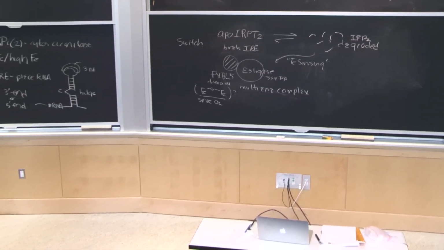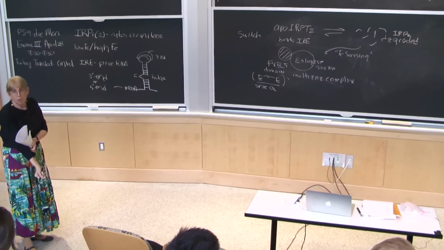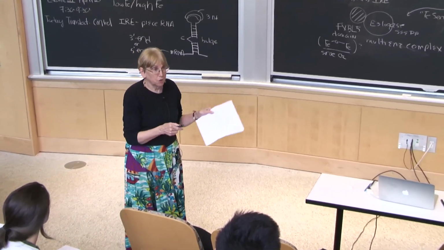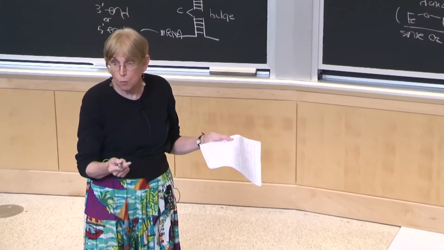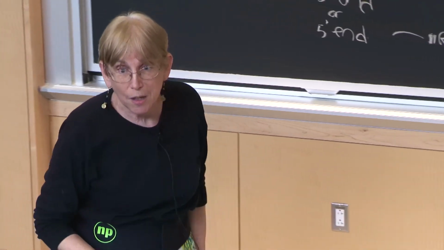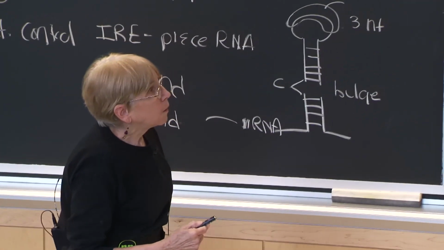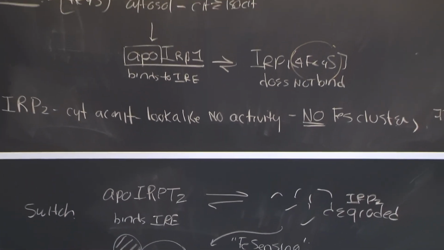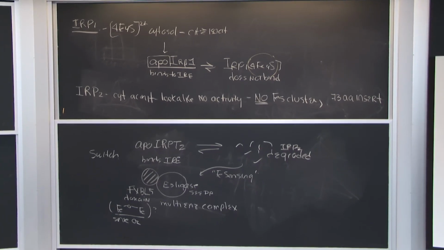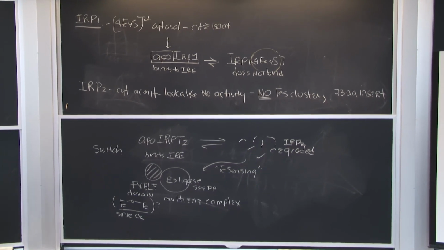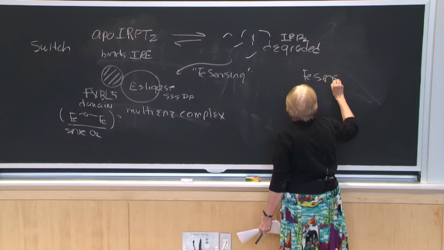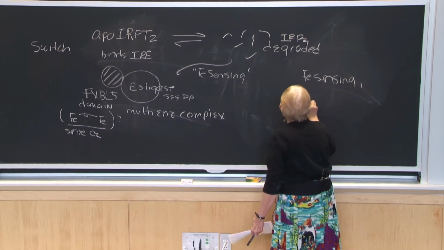So another point I want to raise, and this will get us into the next module, which I'm not going to spend very much time on, but the reason that we have the iron module juxtaposed to the reactive oxygen species is they're really intimately linked. We've talked about how iron 2 can generate hydroxyl radical or hydrogen peroxide. These iron-sulfur clusters are also oxygen sensitive. This is oxygen dependent. So again, what you're seeing is not only do we have iron sensors, but we will see that iron sensing and oxygen sensing